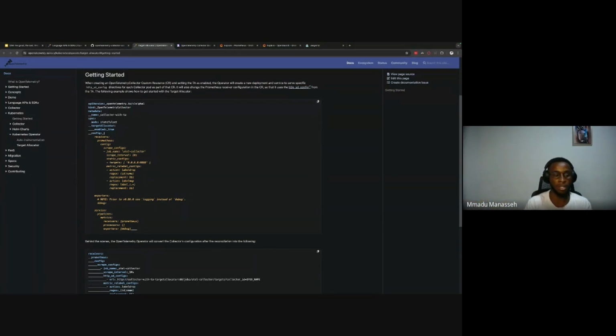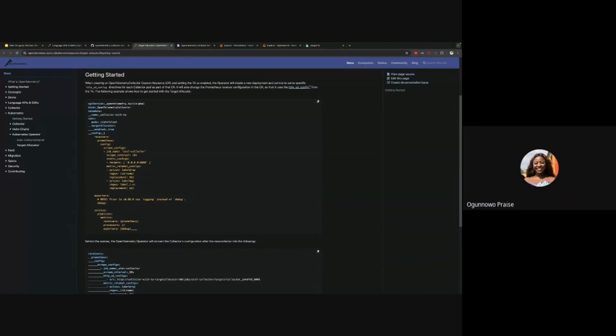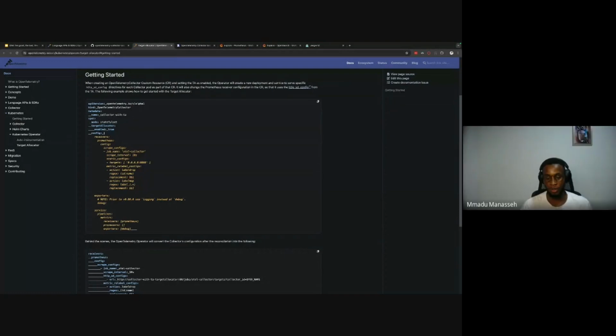But if it is a new service and you task your developers to write a particular service, then it is up to the developers to instrument that code with the Otel libraries. Does that answer your question? Yes, it does beautifully. Thank you so much, Manasseh. Thank you. All right, you're welcome.